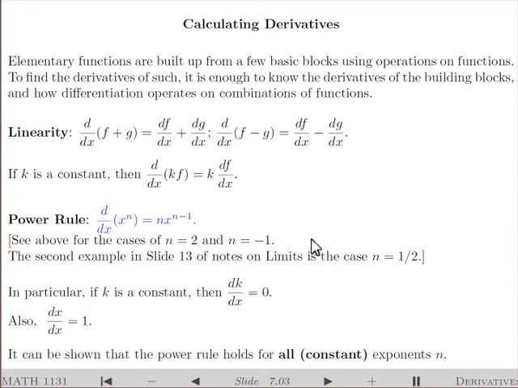We won't worry too much about proving the power rule, especially for arbitrary exponents, even though it's always true for any constant exponent. Next time, we will look at how we can use the power rule to differentiate polynomials and somewhat slightly more general functions. I will stop